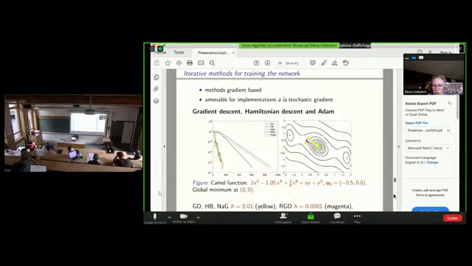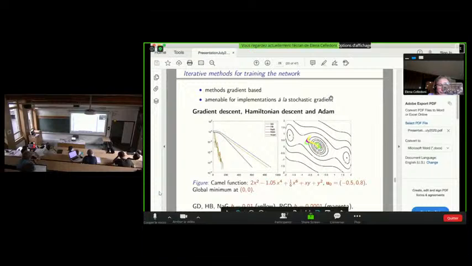As I showed you in the beginning of the talk, with the ResNet architecture we are able to compute the gradients with respect to the parameters. And then when we have the gradients, we can make a gradient descent iteration in order to improve upon those parameters. So that's the typical situation.